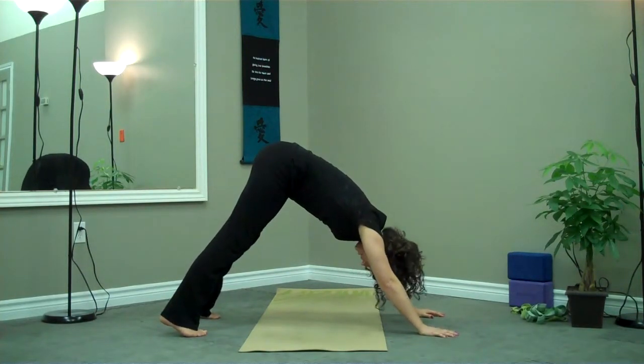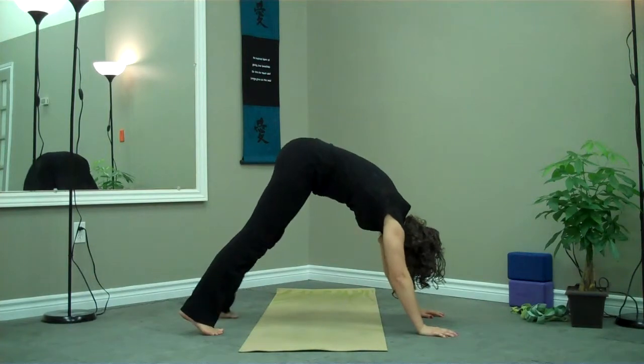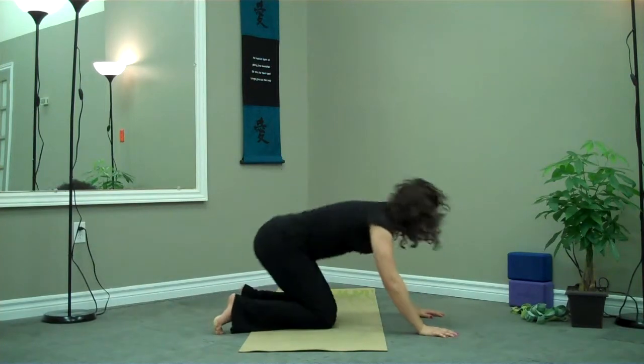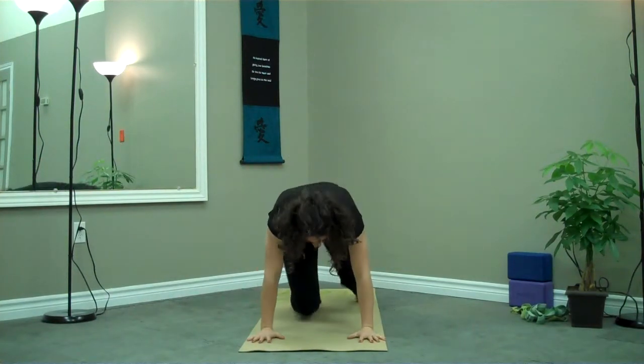The other thing that I see often is your shoulders being too far towards the wrists in downward facing dog. So this right here is going to cause a lot of tension, so I'm going to show you how you can avoid that. So first of all, you're going to take a look at my shoulders here in downward facing dog,